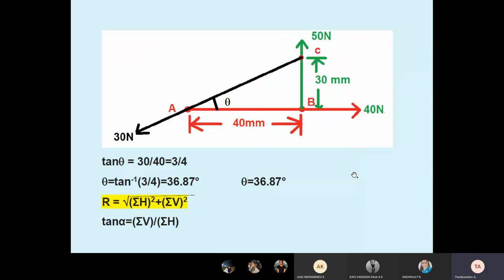Sindhuja, did you get the point? Yes, sir. Ajaz, Muhammad, did you get the point? Sir. Is this diagram understood? How I have drawn? Vignesh, can you explain this diagram? Vignesh, are you there? Kaviraja?